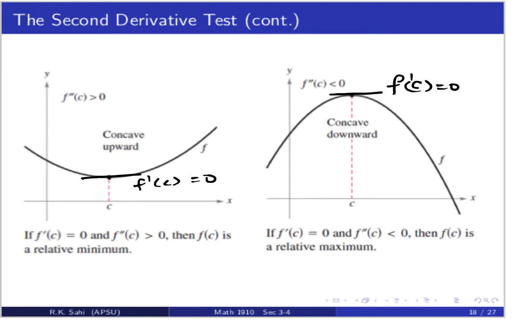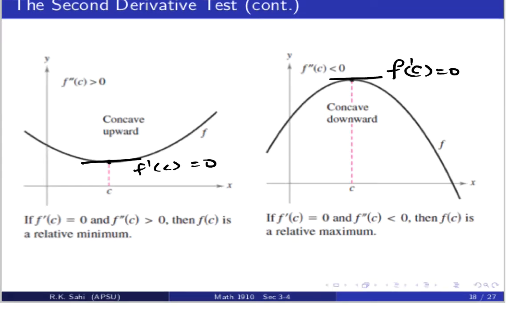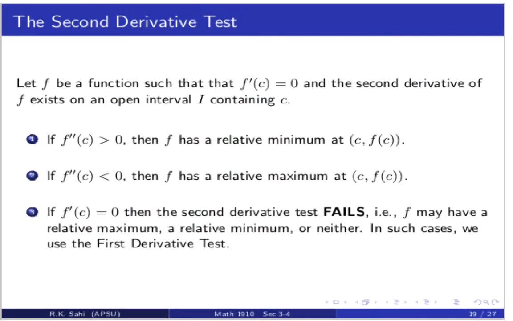Okay, so let's formally introduce the second derivative test. Let f be a function such that the first derivative is 0 at a point c, and the second derivative of the function exists on an open interval which contains c. Now, if the second derivative evaluated at c is strictly greater than 0, we say that the function has a relative minimum at c and f of c. If the second derivative evaluated at c is strictly less than 0, then f has a relative maximum at c